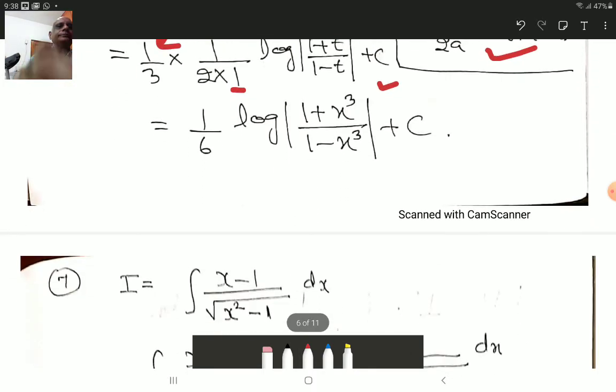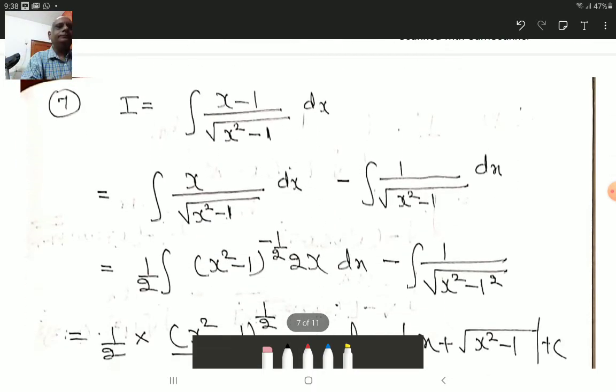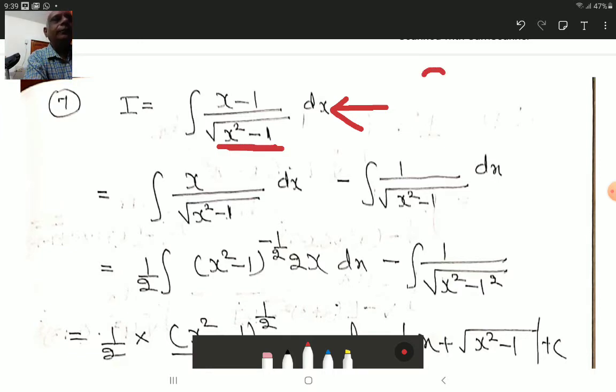Moving to next question. Look here. Which shape is here present? It is just like linear upon square root of quadratic. And I told you, in such a situation, we try to apply integration of f(x) whole power n into f dash x dx. So this x square minus 1 is f(x). What will be its derivative? Its derivative will be 2x dx.